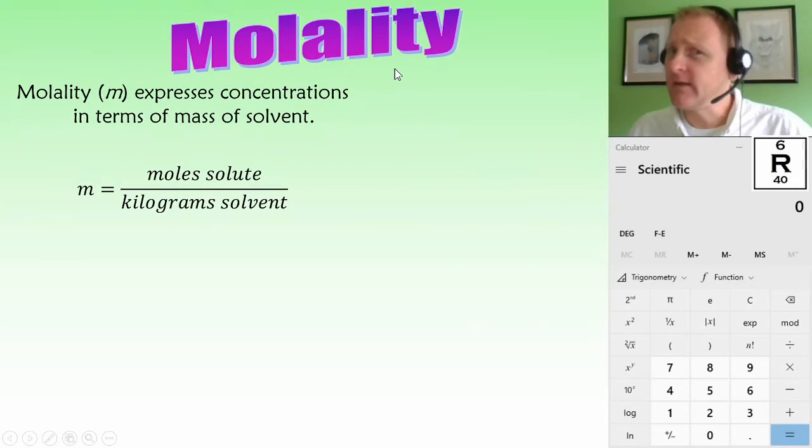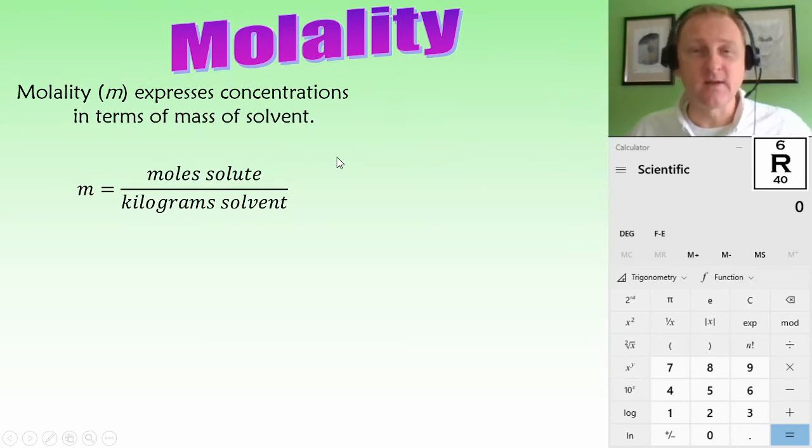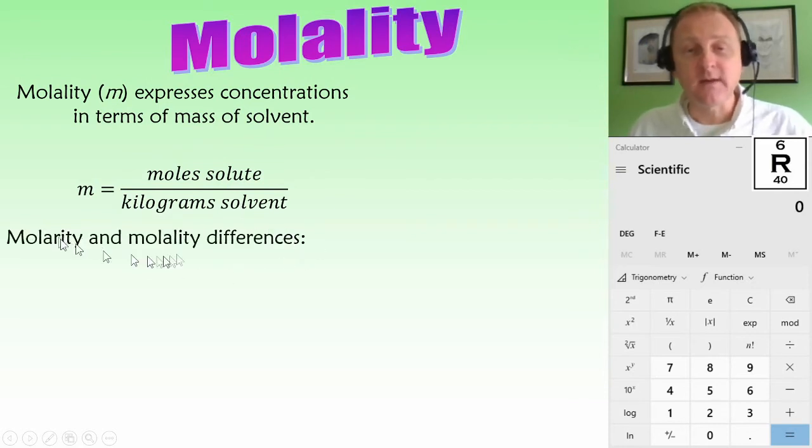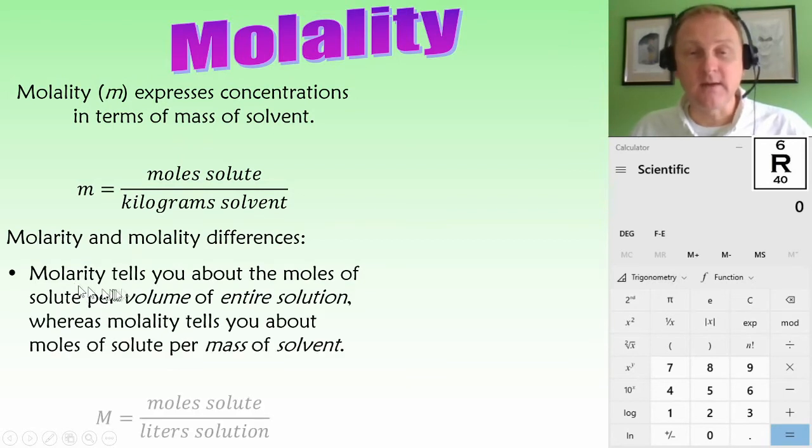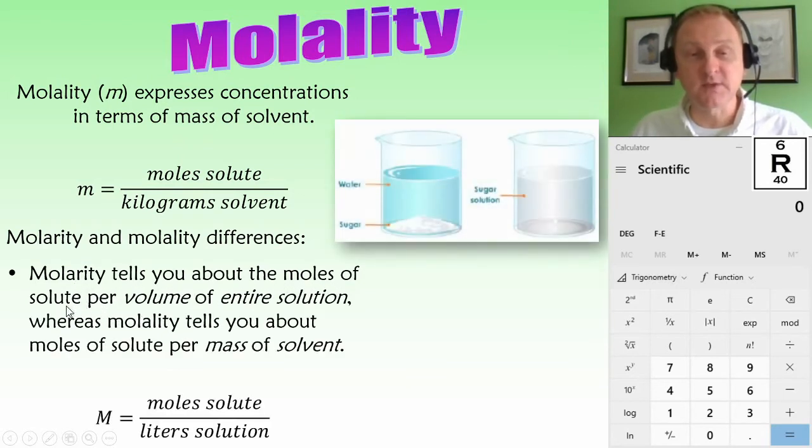Molality. No, you're not hearing things or seeing things. This is not molarity, it's a new word, molality. Unfortunately, it almost means the same thing as molarity. It's represented with a lowercase m instead of a capital M, and it expresses moles of a solute per kilograms of a solvent. Molarity and molality have some differences, and they're very subtle, in that molarity tells you about the moles of solute per volume of the entire solution, whereas molality tells you about moles of the solute per mass